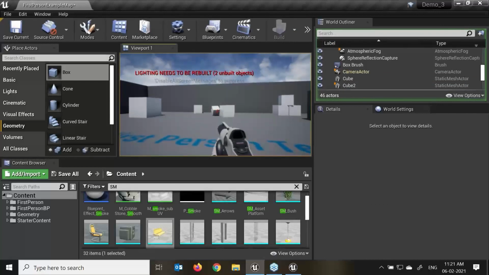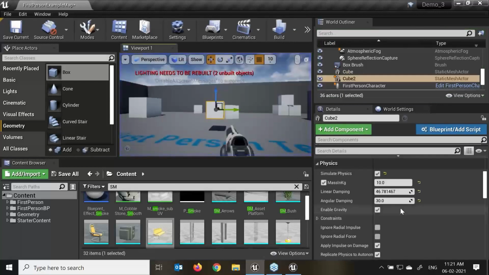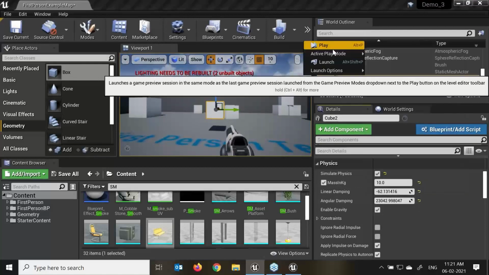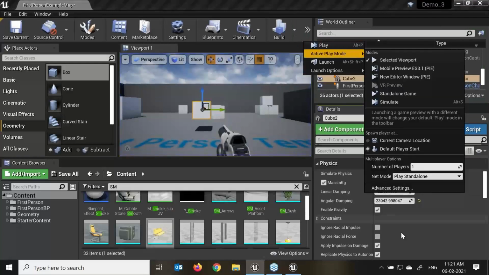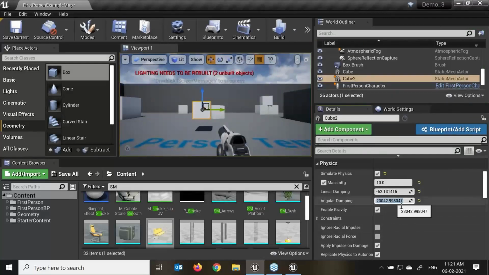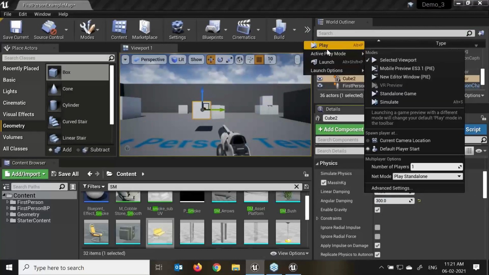Here we can see the movement. I'll increase the angular damping to near 2000 or something, and set the linear damping to minus. Stop and play. Here you can see it's got bounce. The secondary movement is too much. So for angular damping, I'll give it only 300, and linear damping minus 10. Just start and play over here.